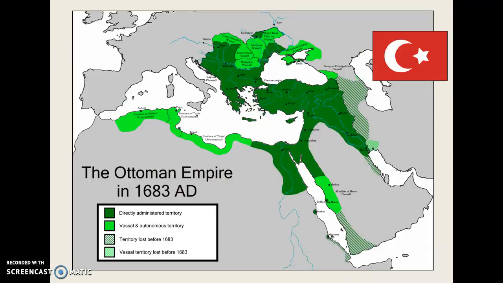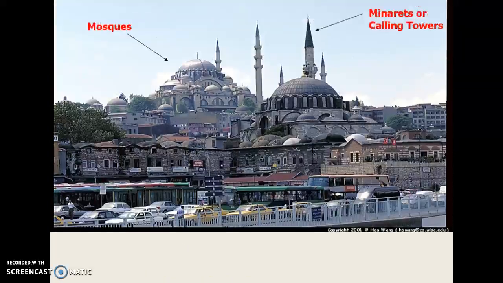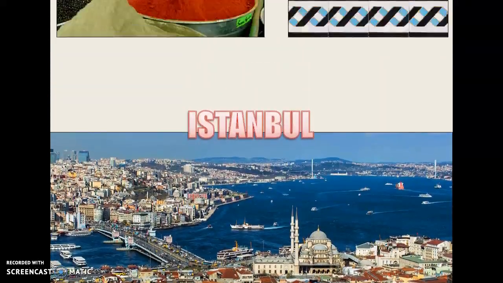Let's get back up here. Again, Southwest Asia, which is over here. You have North Africa, which is up here along this line. The Balkan Peninsula, which is where Greece is. And then Southeast Europe. So definitely know those areas that the Ottomans were able to bring under their control.